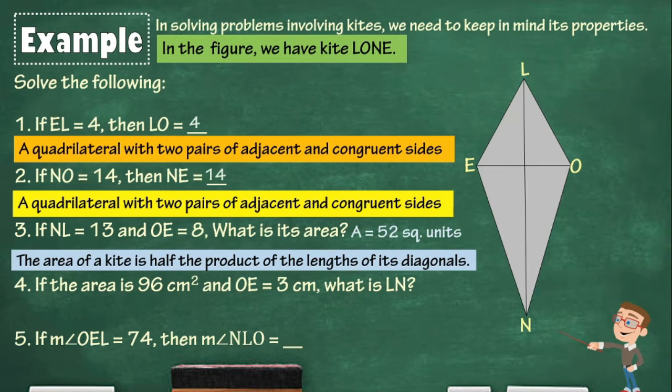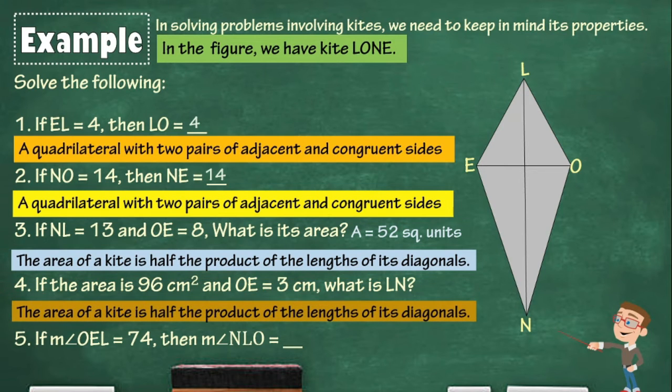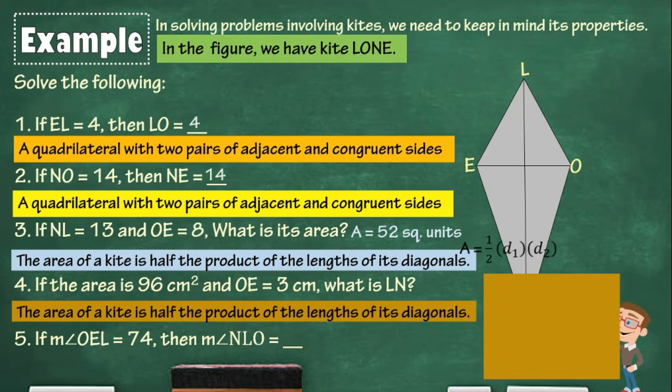Let us have number 4. If the area is 96 square centimeters and OE is 3 centimeters, what is the length of LN? In this item, the area of a kite is half the product of the lengths of its diagonals. So same as number 3, let us just use our formula and then